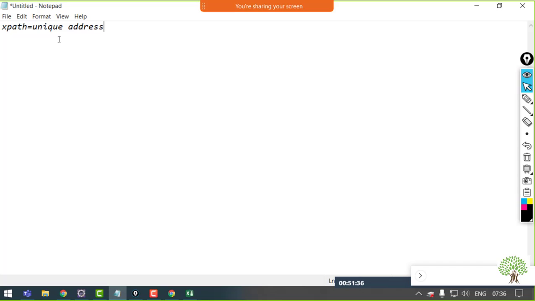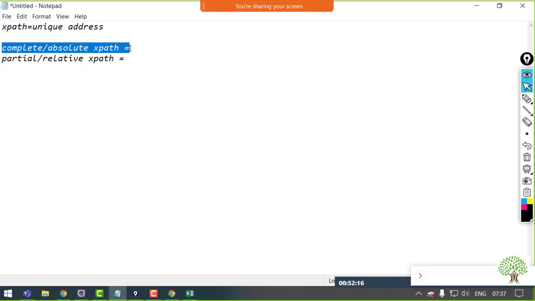Now, when we talk about XPaths, there are two different types of XPath. One is the complete XPath, complete or absolute. Don't get confused if I say absolute XPath in between. So it has two names, complete or absolute XPath. And the second one is the partial or the relative XPath. These two XPaths are different from each other, not in a big way, but yes, of course they are different. I'll tell you why.